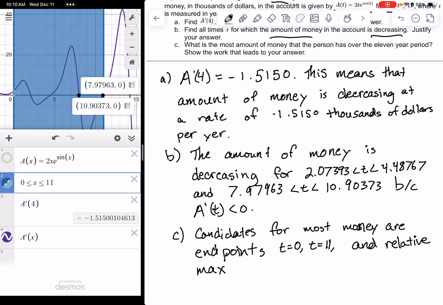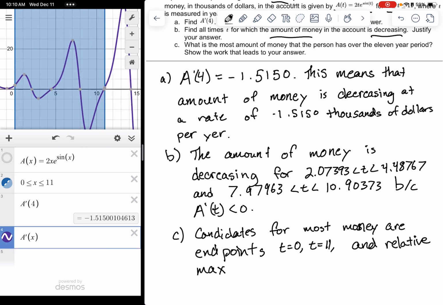Well, in this picture of the derivative, let's try and turn off these points here for a second. In the blue zone, a relative max is going to occur when we change from positive to negative. And that's going to happen here at 2.07393 and here at 7.97963. So that'll be at t equals 2.07393 and t equals